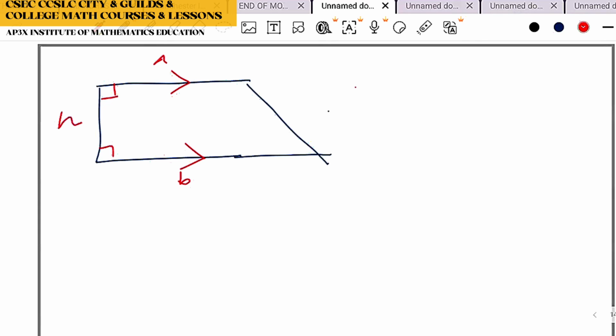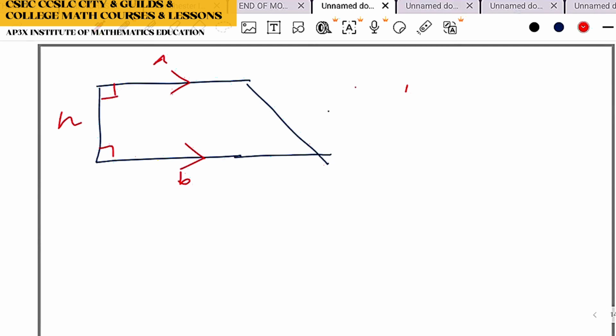All right. So the A and the B, normally we can identify based on where the arrows are. And the H is always the side that is vertical. I'm going to have to be careful when I say that, because if I change the orientation, the height can be at the bottom, the height can be at the side, the height can be at the top. But the height can easily be identified by the 90-degree angle. So wherever the 90-degree angles are, that's where the height is.